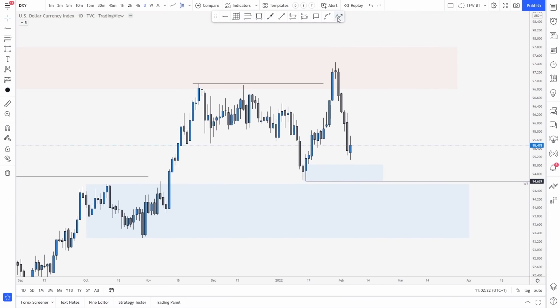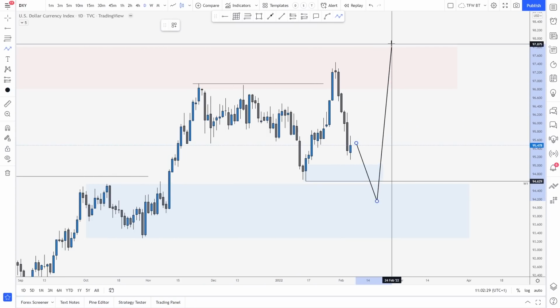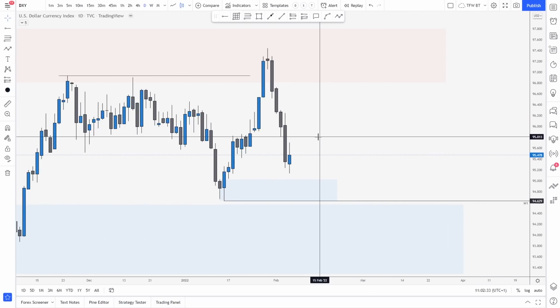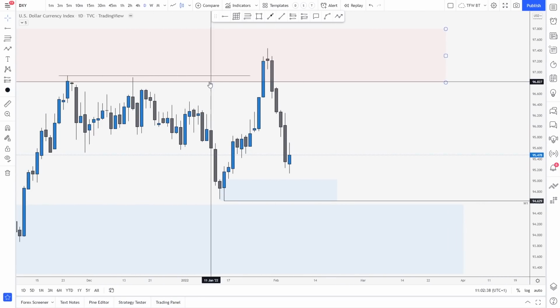But then is it possible for the market to break this zone, to actually come and retest this very good range, and then to potentially head higher? Well, this is what we have to see after a couple of weeks, I guess. So then the question is, okay, so what is actually our bias? Well, so far,